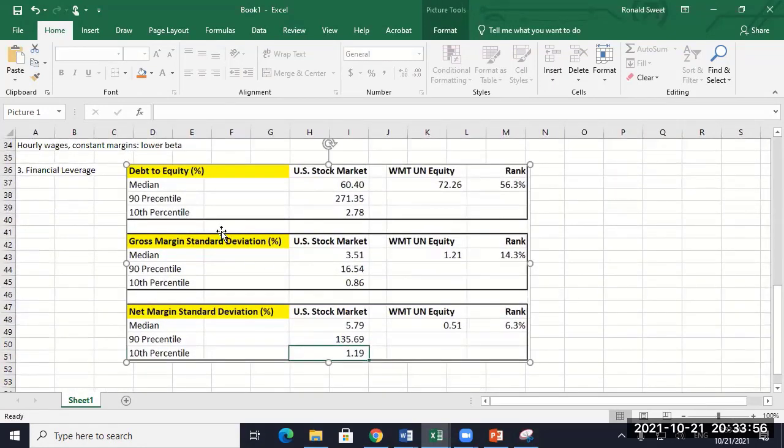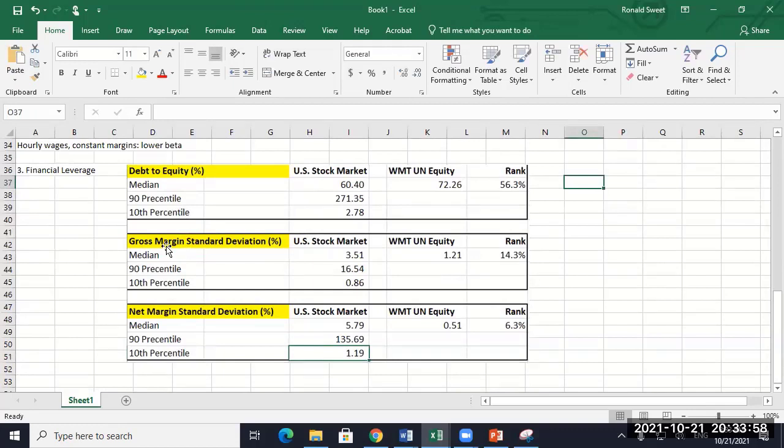All right, so what does this tell me? So there's a few things here. Let's start with operating leverage. I give you gross margin and net margin. You only really have to talk about net margin, but I like to look at gross margin. So here's my theory. I haven't seen this. I've never heard Dan Darren talk about this, so I don't have him supporting me here. But my argument is a firm has a lot of operating leverage, a lot of fixed costs. It should make their margins more volatile.